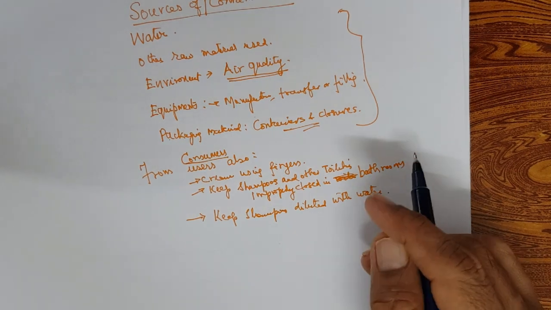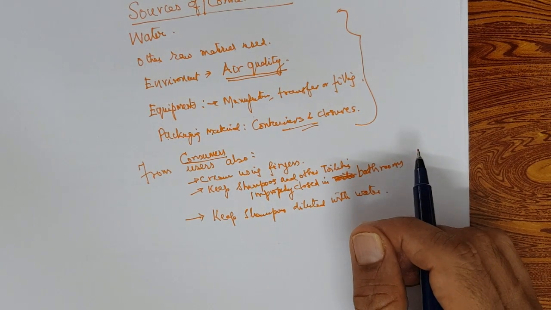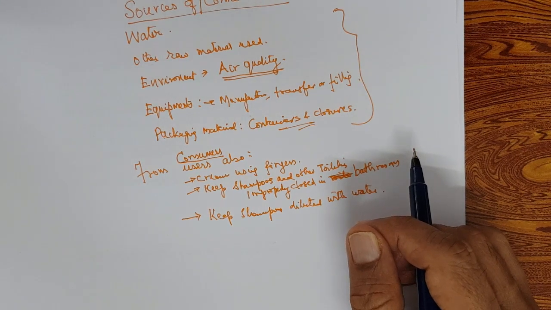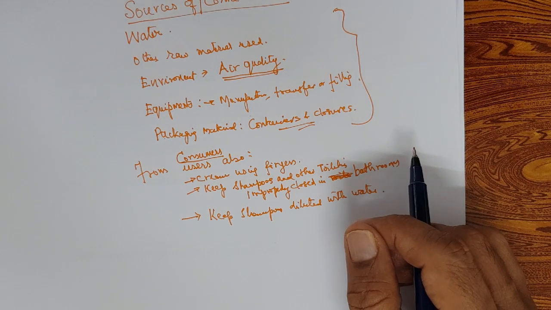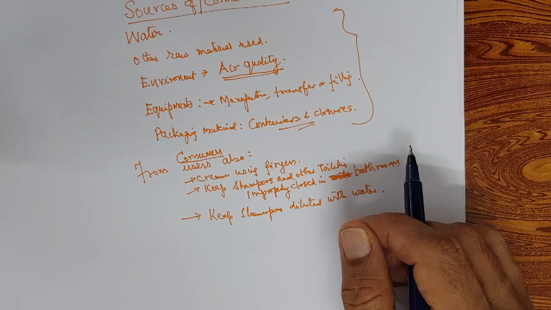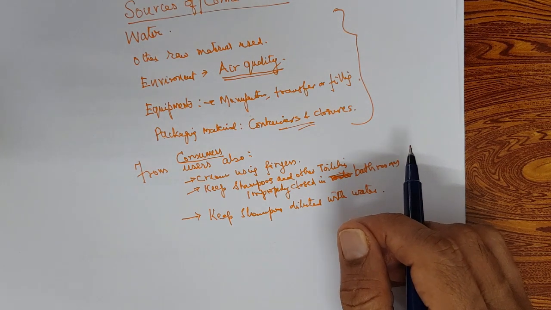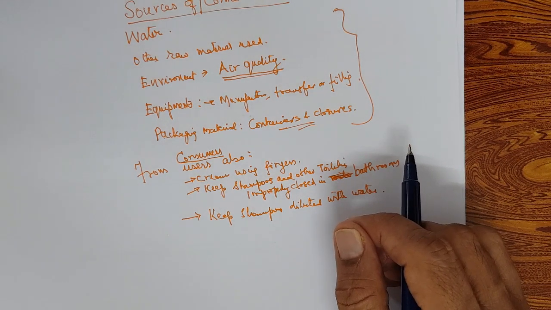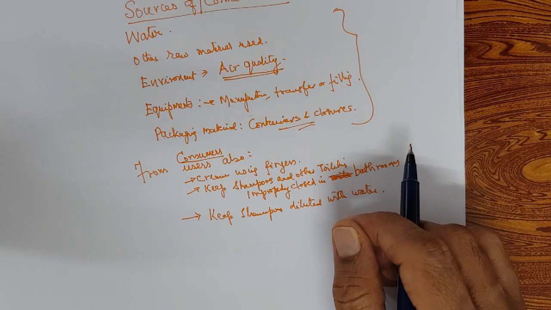See what happens when you dilute with water, two things. The water can be a source of contamination again. The preservative level reduces drastically. The water level increases. So there can be major microbial issues. So when you dilute the shampoo, use it, right? Don't dilute it and keep it for use next day. You have to be careful. So these are some of the sources of contamination.